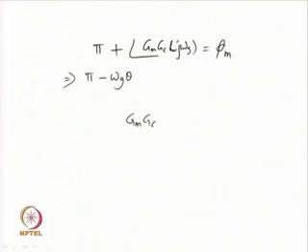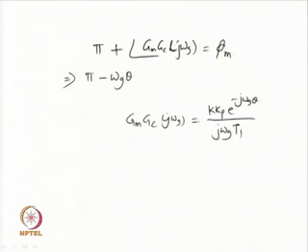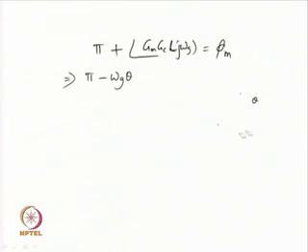Loop gain is Gm Gc(j omega g), which can be given as K Kp e to the power minus j omega g theta divided by j omega g T1. So, please recall this one, because I am directly writing the expression for the phase angles. So, that way this will give us pi minus omega g theta minus pi by 2 is equal to phi m,